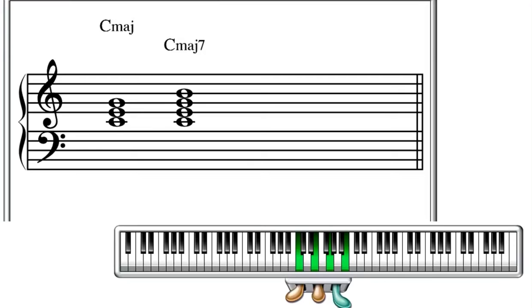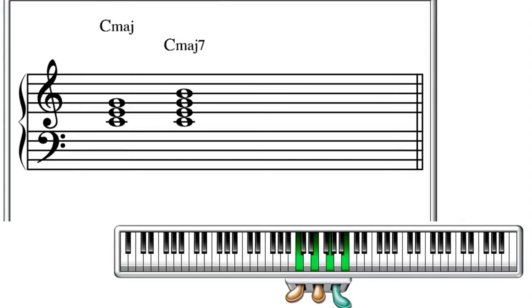Now, if you understand musical intervals, you'll know that the interval between the root and the 3rd, C to E, is a major 3rd, the root and the 5th is a perfect 5th, and C to B, the root to the 7th, is a major 7th. If you don't understand intervals and you would like to, there's another link below to another video that I made about musical intervals. But if you're not really interested in that, you just want to know a quick way of building the chord,